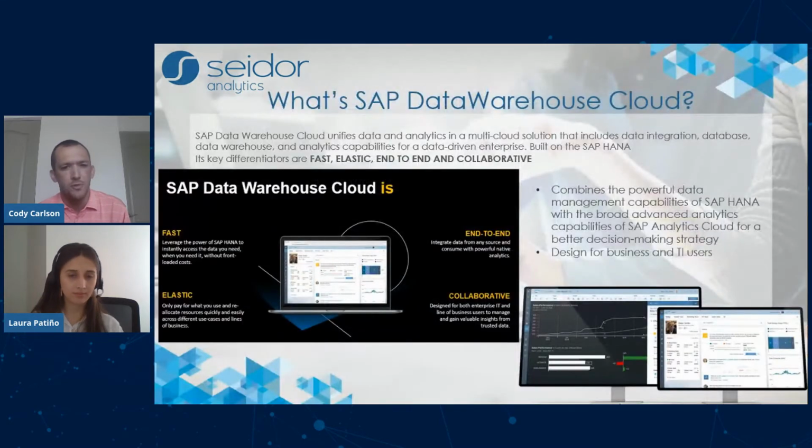Laura, if you could move to the next, just what is the SAP Data Warehouse Cloud, right? How does it marry this all together? The SAP Data Warehouse Cloud is basically a fast end-to-end, elastic, and collaborative data solution that unifies data and analytics in a multi-cloud solution.